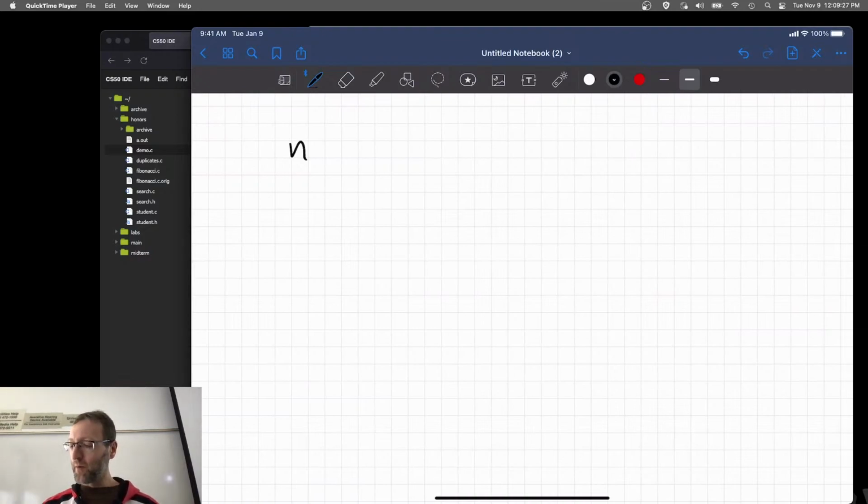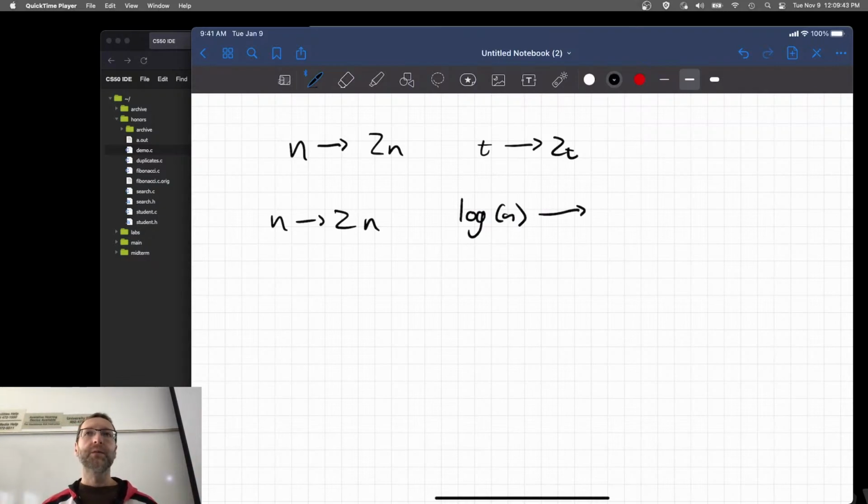If I go from, like what we did last time here, n to 2n, then linear search is going to end up being t to 2t. But if I go from n to 2n, for log of n it becomes what? If you double the input size, log of 2n, don't get ahead of me. Now pull out your log. Now take off your calculus hat and put on your pre-algebra hat, or maybe your algebra hat, and tell me your